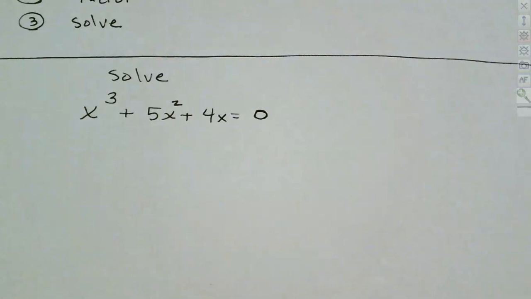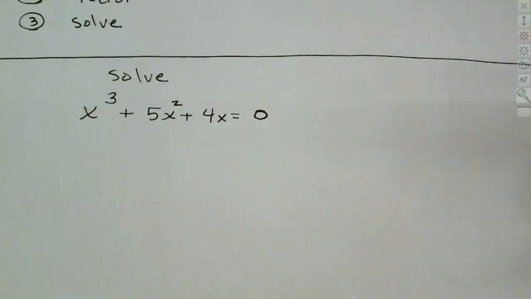Now sometimes it's already set to 0. This one's already been set to 0, right? Now we need to factor. How many solutions can I have at most? Well, the highest power is going to tell you how many you can have at most. So what's our highest power? 3. So we can have up to 3 solutions. Now you may just have 2 because there might be a repeated solution, a double root. But this one's going to have 3